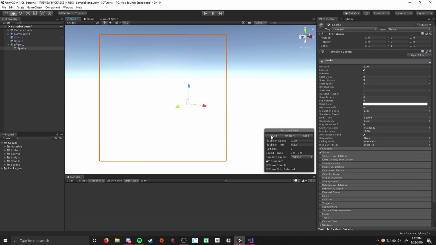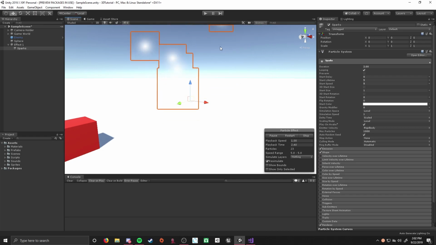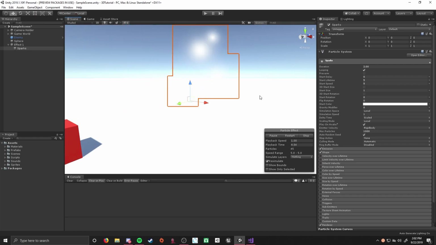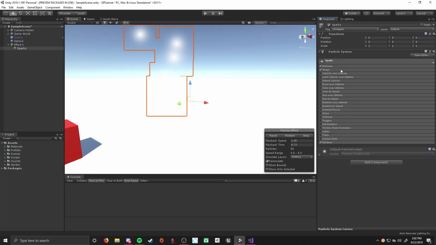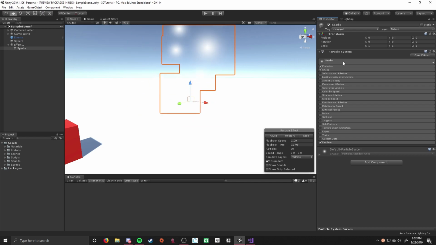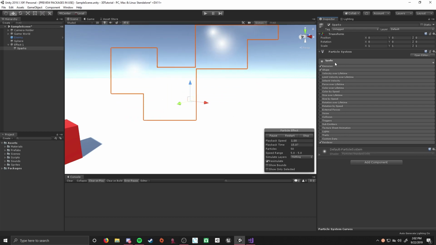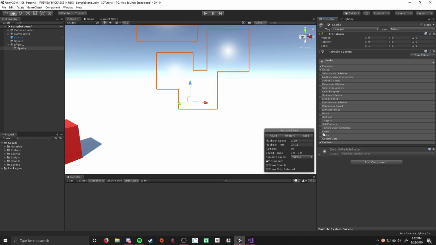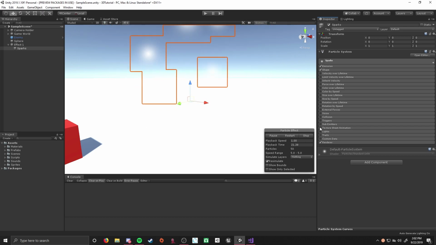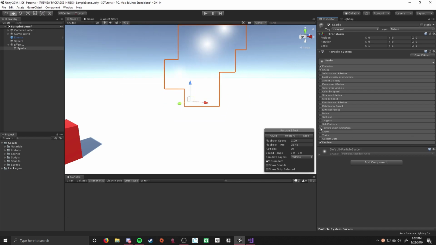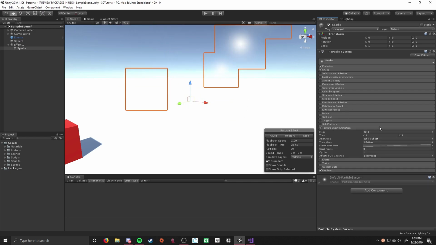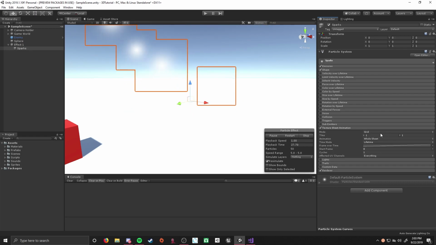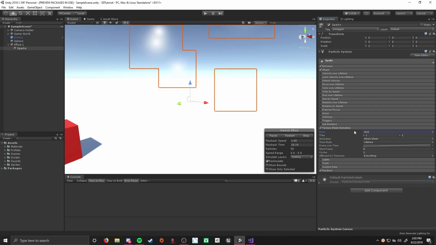So if I hit play, you can see that it keeps playing the default effect over and over. And we're going to edit this a little bit so that we can make something out of it. I'm going to actually jump down and start this whole effect with the texture sheet animation section. So if I toggle that on, what you can do in here is we can change this mode to